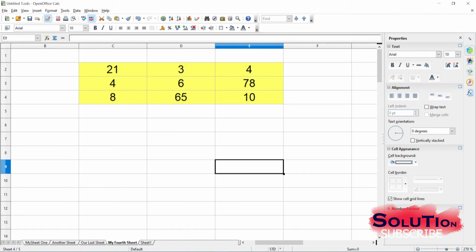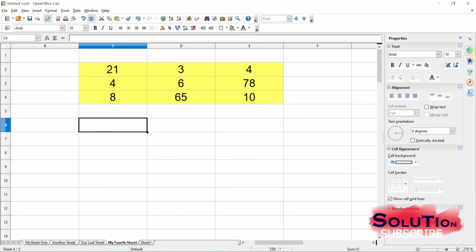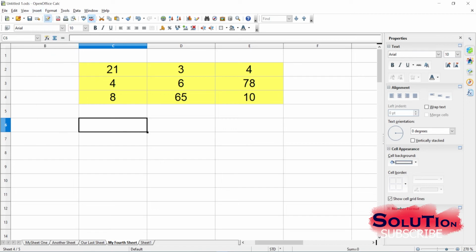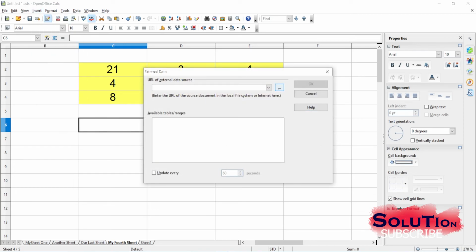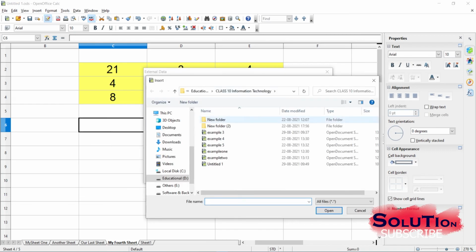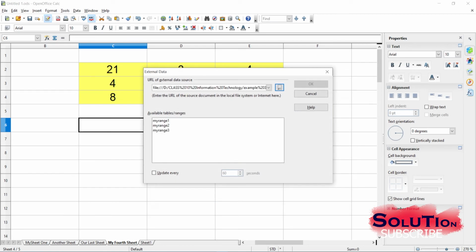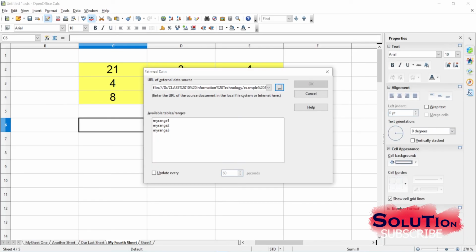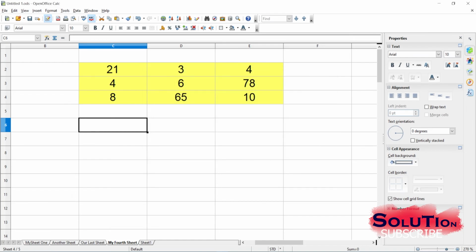Let us see how to use external data. So go for insert, and here we have link to external data, and let me click this button and select our example 3. Once I click this, you will find the ranges it is showing here. So this is how you can add the external data. Already we have seen you can add this external data like this,